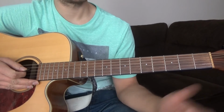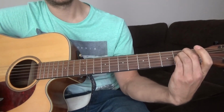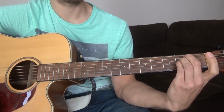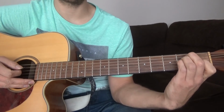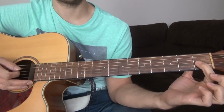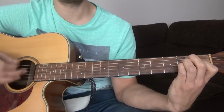The way I play this is with my middle, ring and pinky fingers all on the 2nd fret of the A, D and G strings. And I get my index finger ready on the 1st fret of the G string for the melody coming up. So what you do is you've got the E sus4,